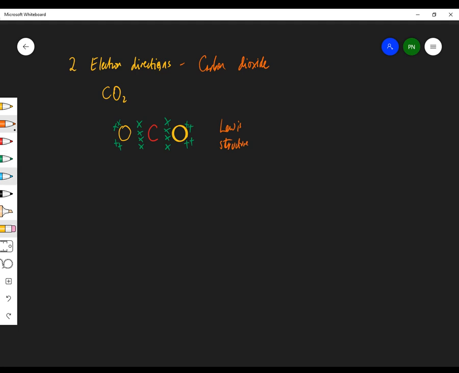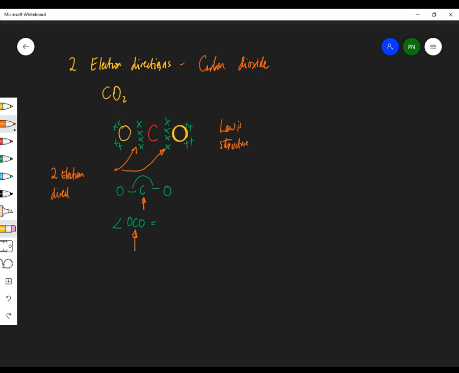Okay, now how many electron directions are around the central atom? Now, obviously, we want the oxygen, carbon, oxygen bond angle. This is the one we want. Okay, that one there. So the bond angle we're looking for is this one. What is that bond angle? Right, first of all, we look at how many electron directions there are. There's 1 electron direction around the center one. We always look at the central atom. We're looking at this one to see how many electron directions there are around the central atom. There's the other one. So this one obviously has 2